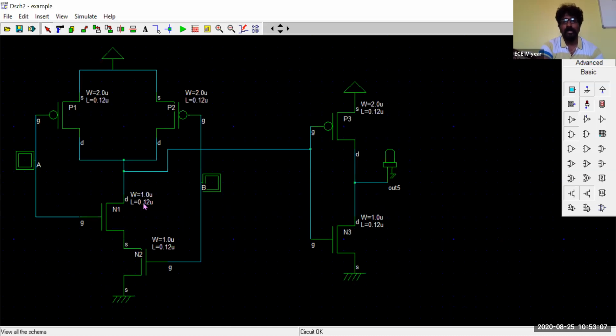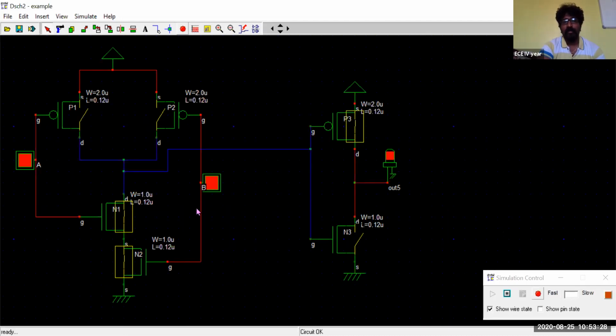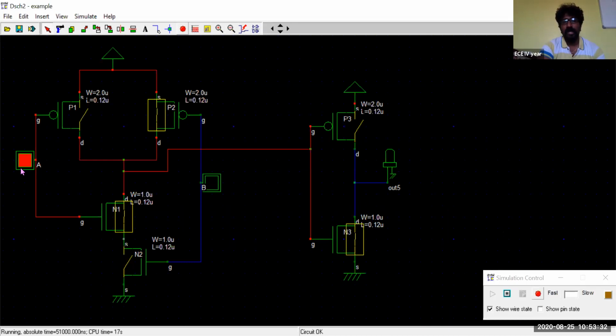Okay, now we have got this complete circuit. Now we'll simulate this again by feeding the same inputs: 0 0, 0 1, 1 0, and 1 1. So first 0, 0. For the AND gate, we will be obtaining the output to be 0. For 0, 1, A equal to 0, B equal to 1, you can see that the output of the AND gate will be 0. Then again 1, 1. For the 1, 1 state, the output will be 1. For 1, 0, A equal to 1 and B equal to 0, the output will be 0.